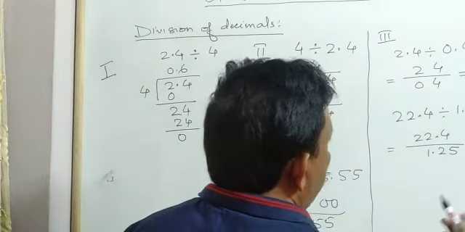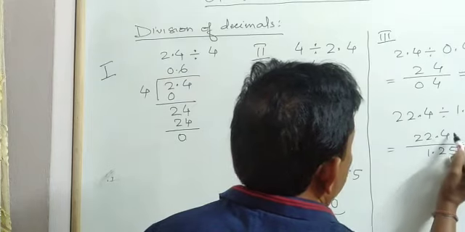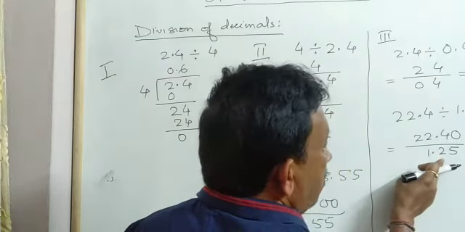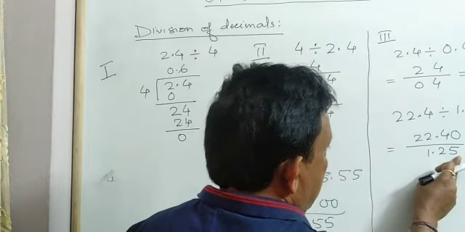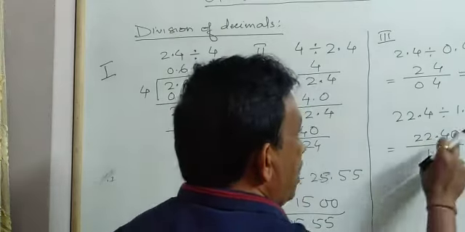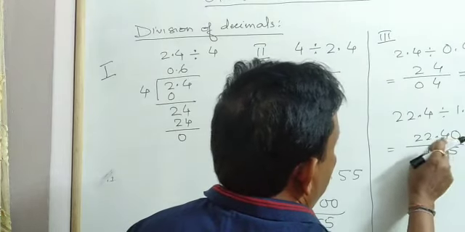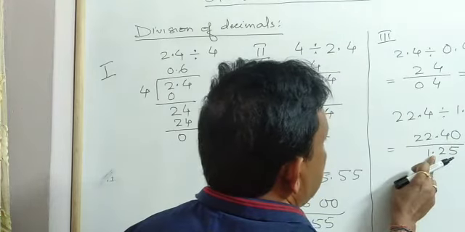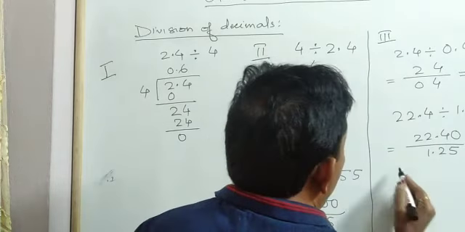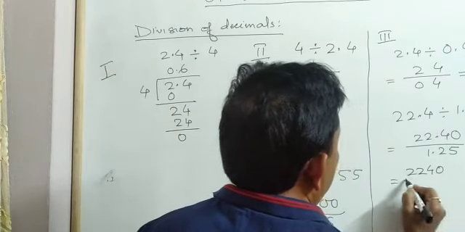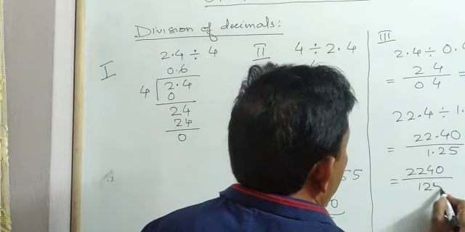How do I convert to like decimals? I'll simply put a 0. I will equalize the count of decimal digits after the decimal points by putting zeros. Now here, after decimal there are 2 decimal places. Here also after decimals there are 2 decimal places. So I can simply remove the decimals. So it becomes 125